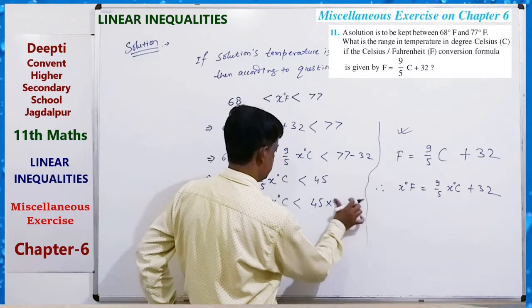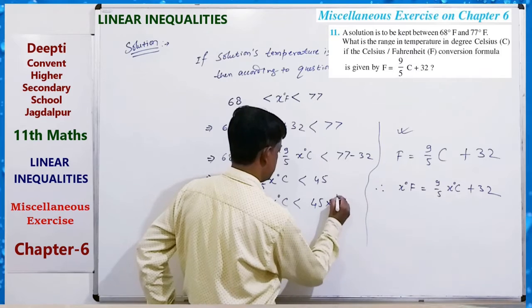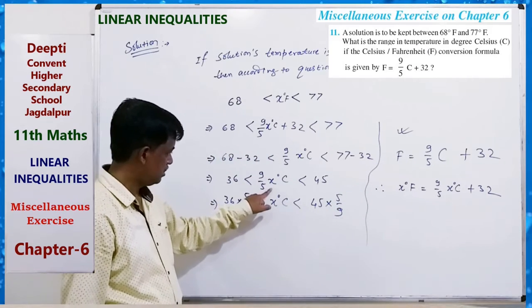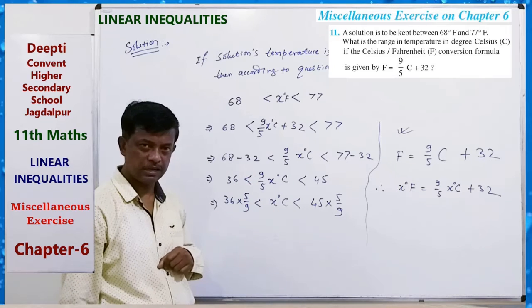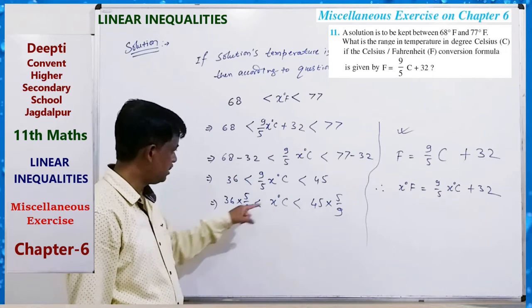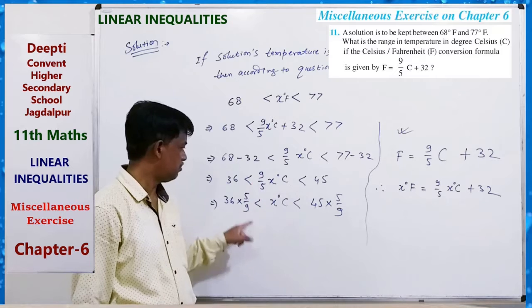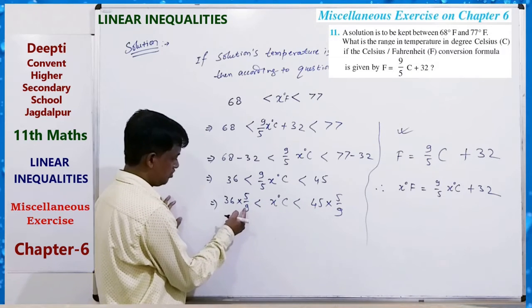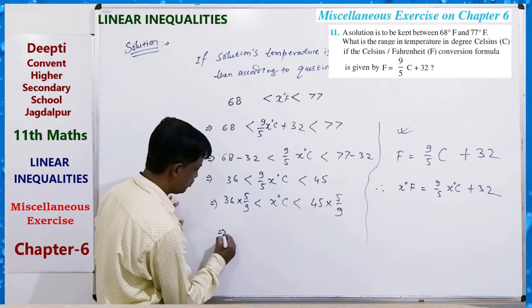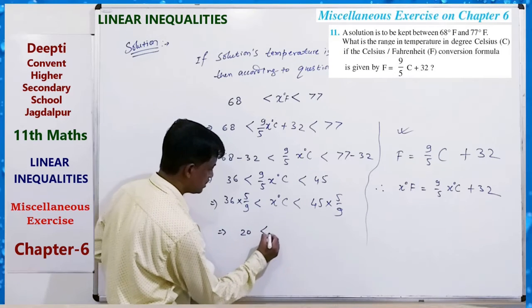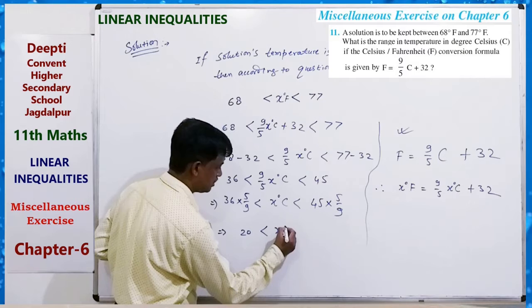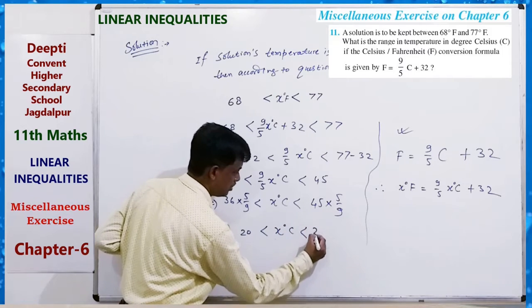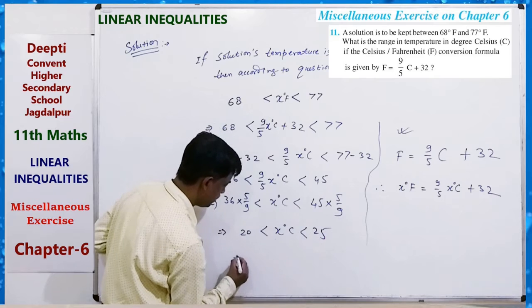Sorry, 5 by 9. Just multiplying by 5 by 9. 5 cancel, 9 cancel. Here 5 by 9, here 5 by 9. Okay, so here x degree Celsius. Now 4 into 5, 20. So 20 is less than x degree Celsius is less than 25. So it implies